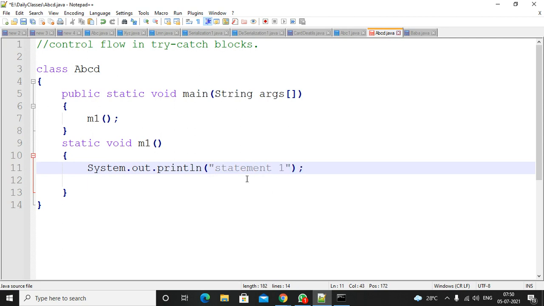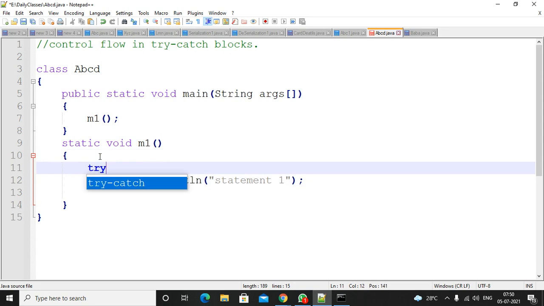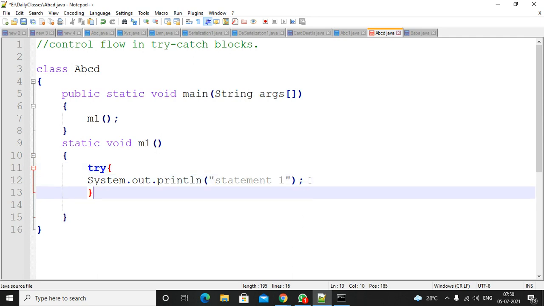Like this, I have three statements inside the try block. So I will write a try block here, then a catch block.